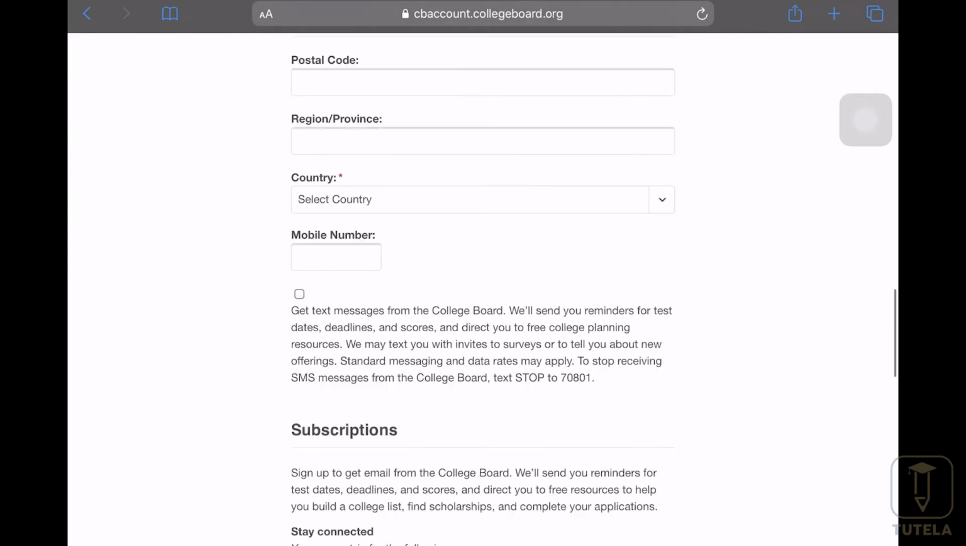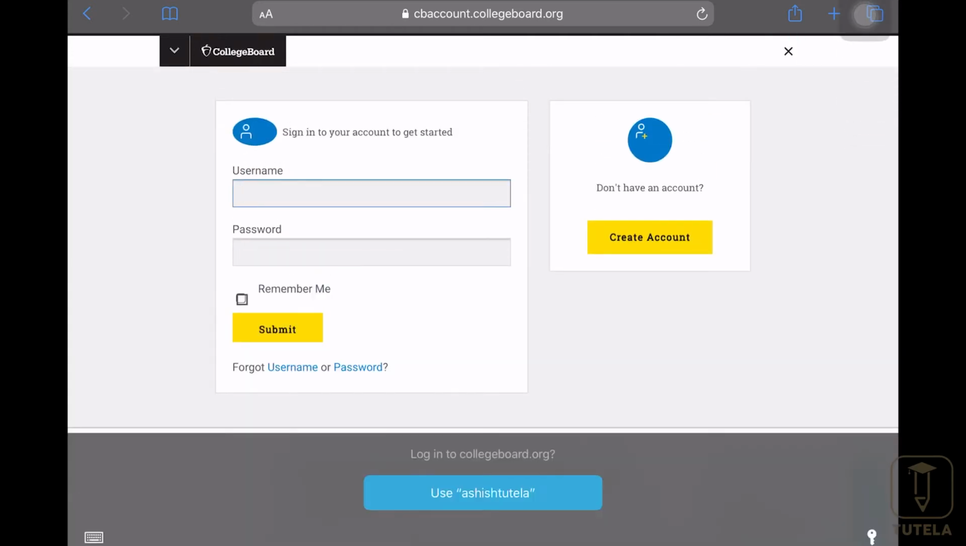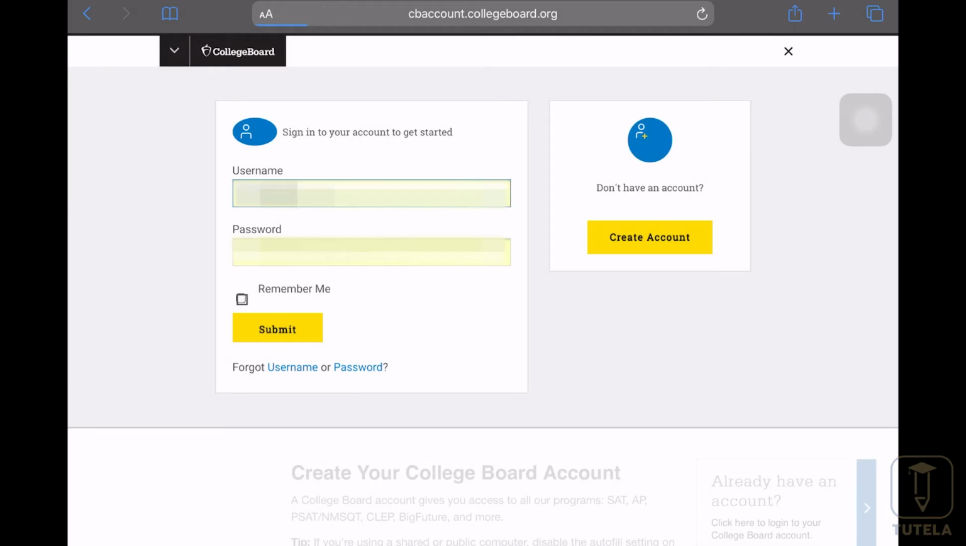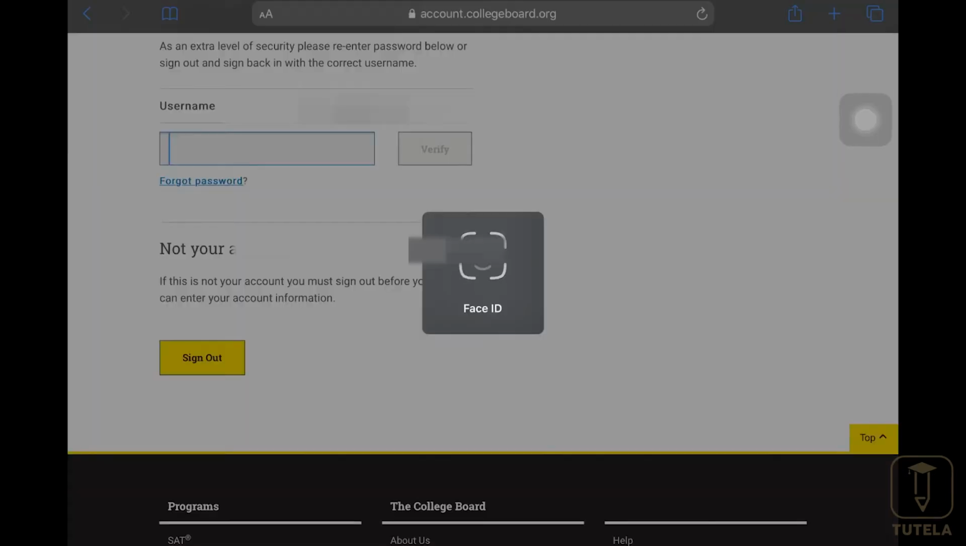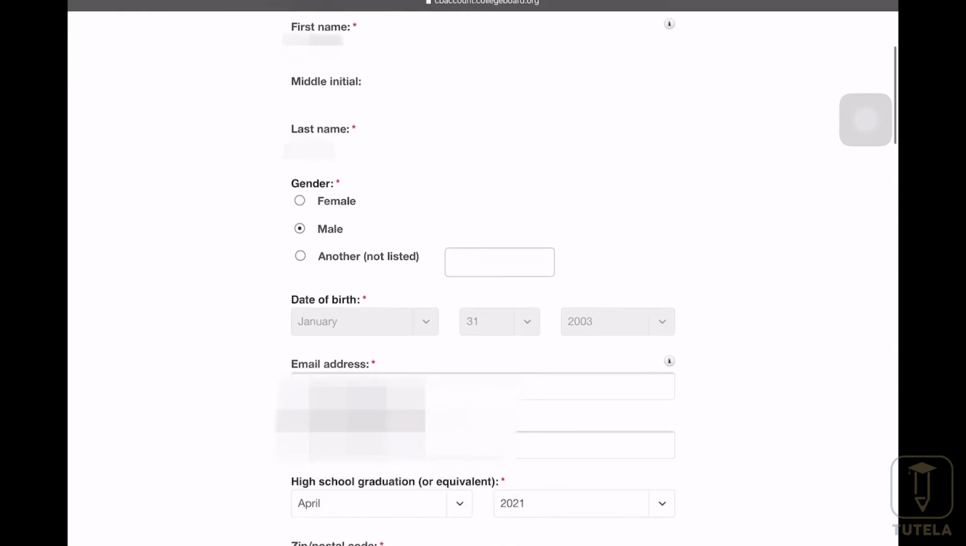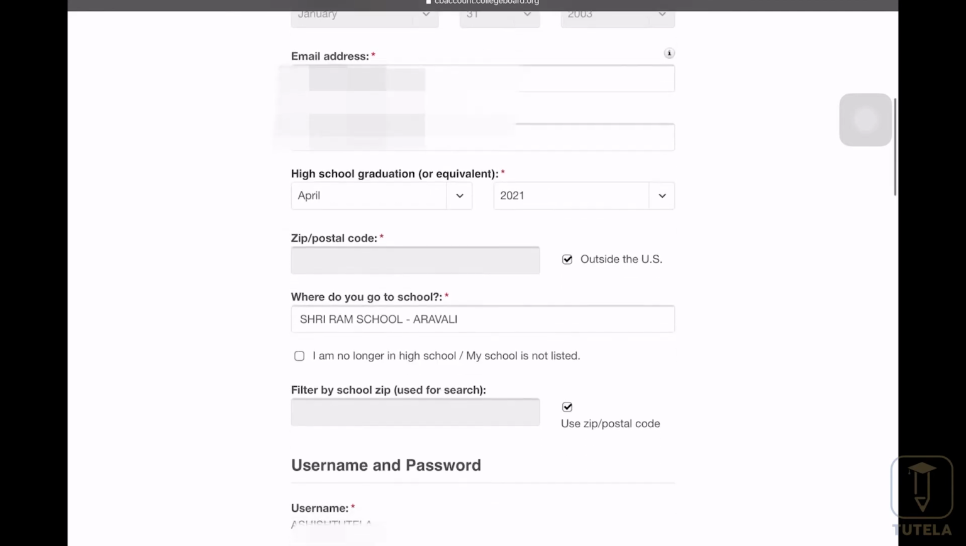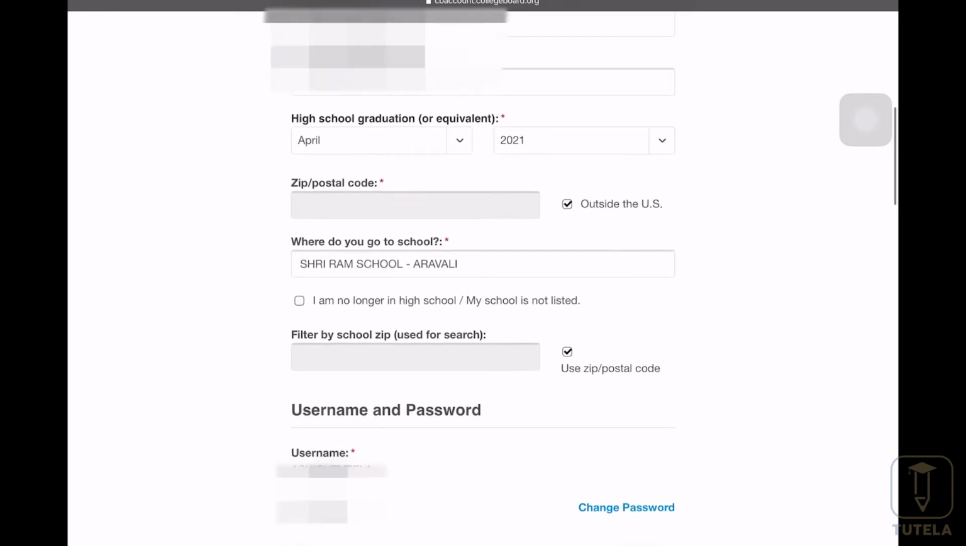I already have a dummy account created and I'll be using it to sign in and show you how to register for SAT. Once you log in, it will ask you to verify your account again, and the information which you will have to feed into the portal all over again here will be your school and the grade. You have to scroll through this information, and once you confirm,